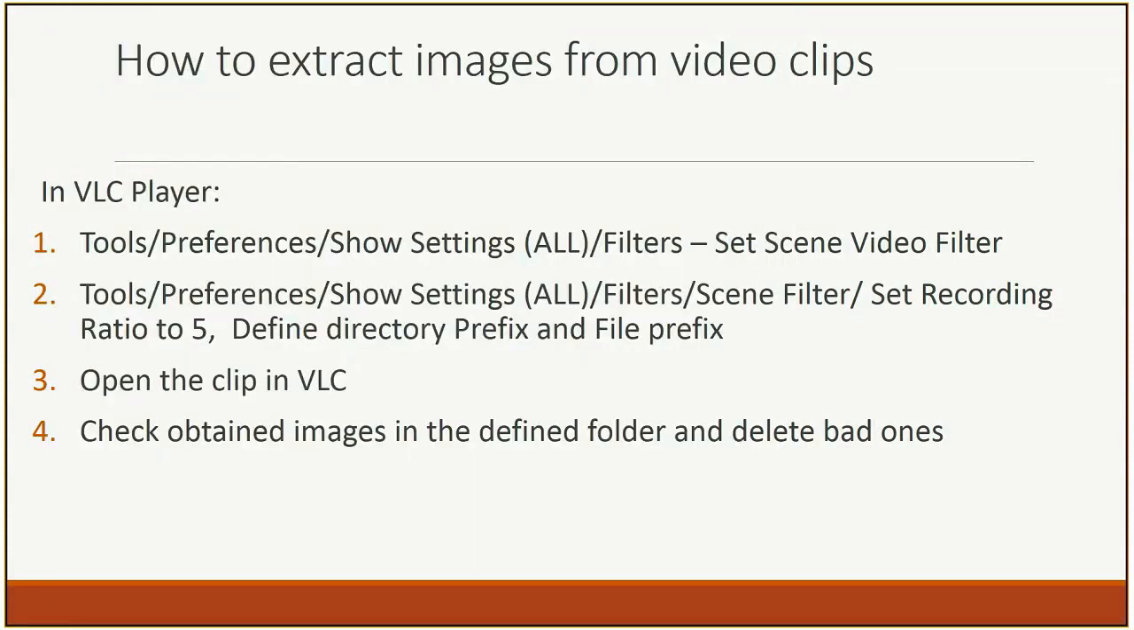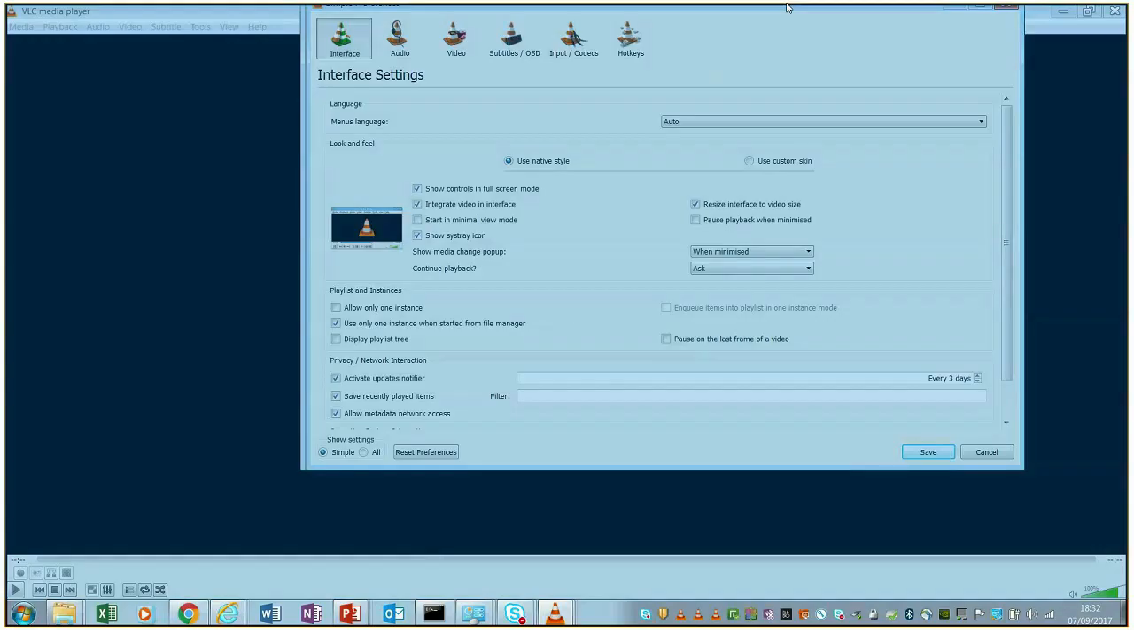And here is what is needed to extract images from video clips. We will definitely use VLC player for it, where we have to change some settings and then open the file in VLC, and the program will automatically take some of the frames and put them into the folder which we will define. So when you open VLC Media Player, you have to go to Tools, Preferences,